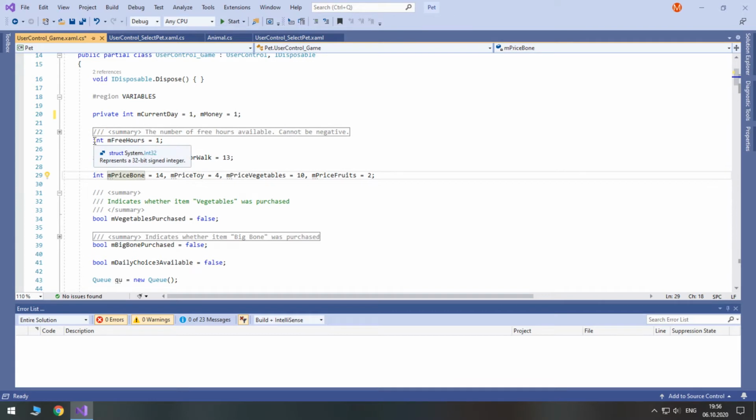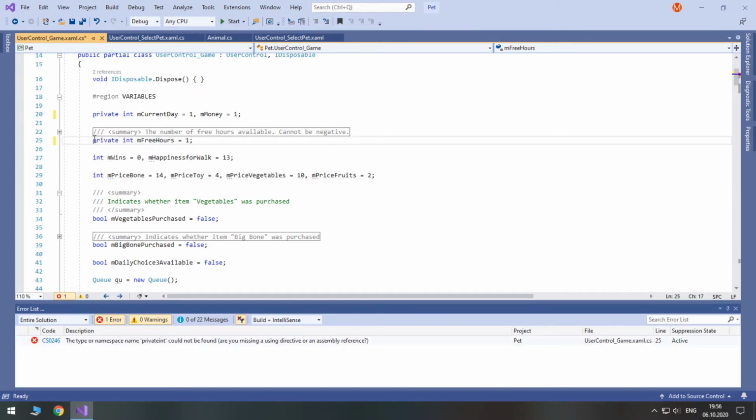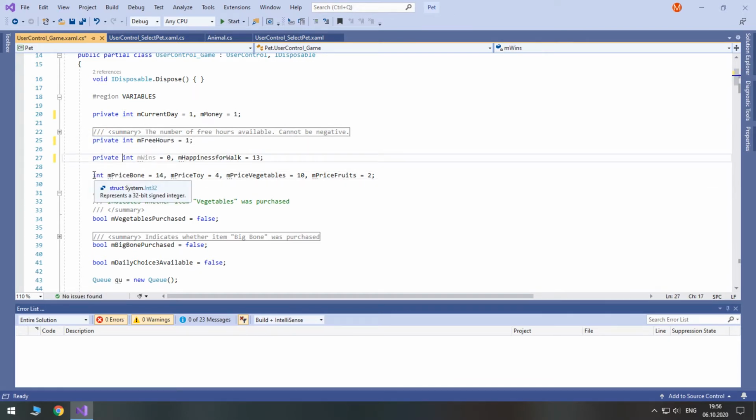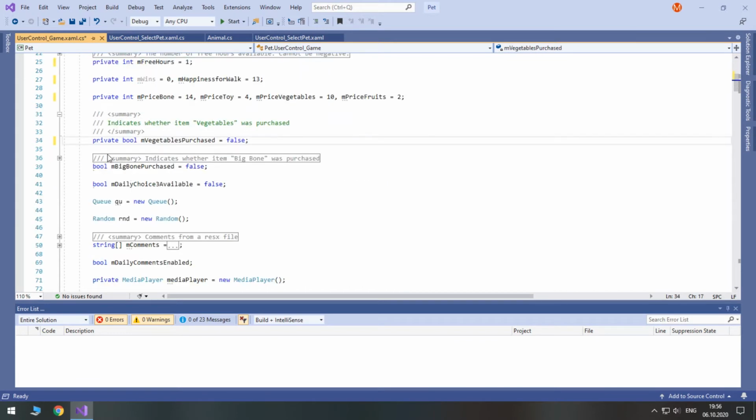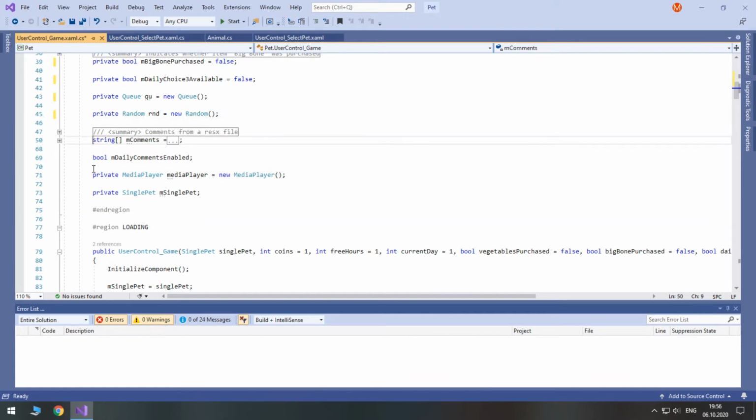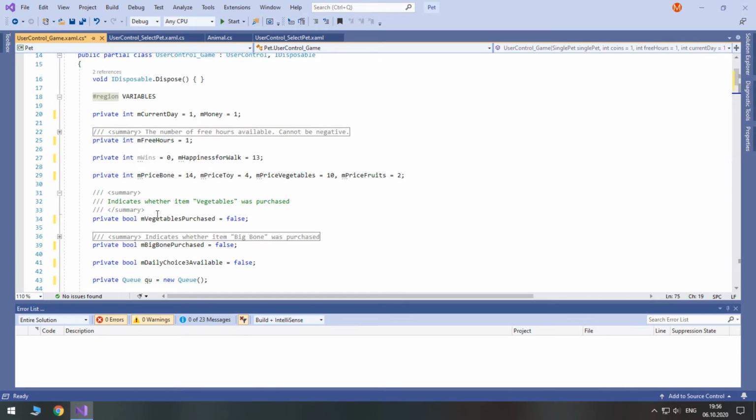Copy it and paste here, and here, here, here. Well, actually, everywhere where we don't have any modifiers. Okay, these are actually our private members only.